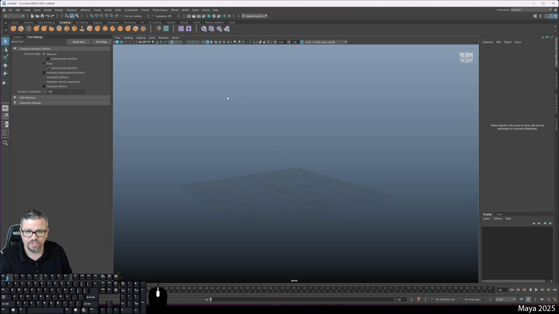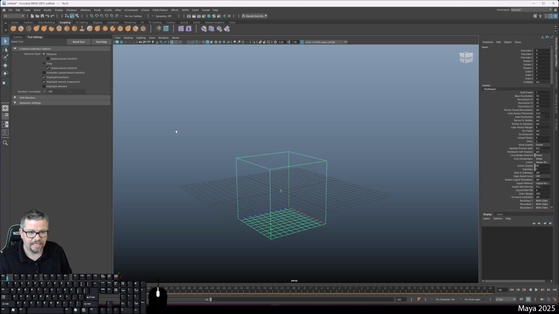The first thing I'm going to do is go to my 3D emitter under my effects tab. So go to my effects tab here in the top left corner. And then we're going to go to fluids and 3D container. Now from here, the next thing we are going to do